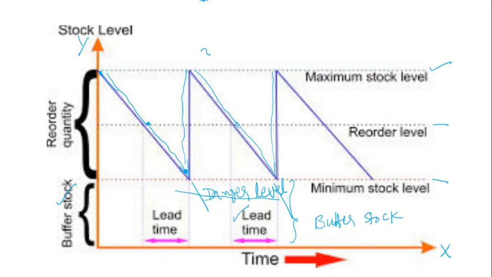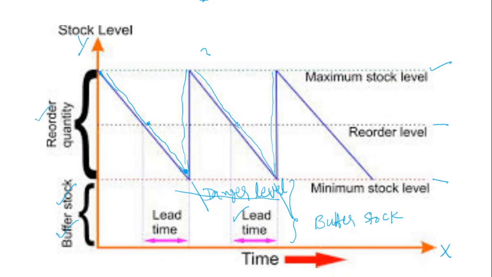If the lead time is more and more, the danger level condition is going to be very high. So lead time has to be reduced. If the lead time increases, the raw material consumption is continuously happening and the curve comes down to the minimum stock level, and at that time the firm faces the danger level condition. These are the reorder level, maximum stock level, minimum stock level, danger level and lead time. At the danger level, we use the buffer stock for the important jobs only.